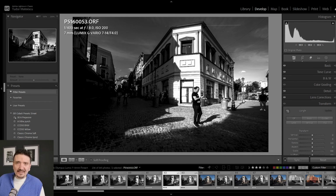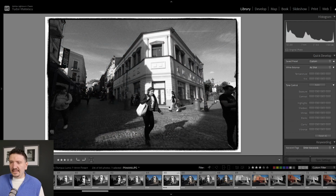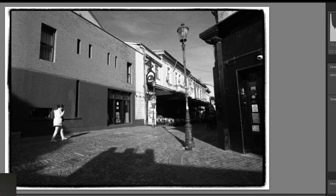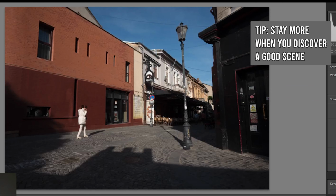This is another reason why I like micro four thirds sensors. It helps me recover pictures that otherwise I would have lost. So big deal. The whites are a little too strong, but I will not stay now to correct them. They can be easily corrected. Okay, let's move on. Moody picture, I'm liking it, it has potential, and I'll show you a better picture in